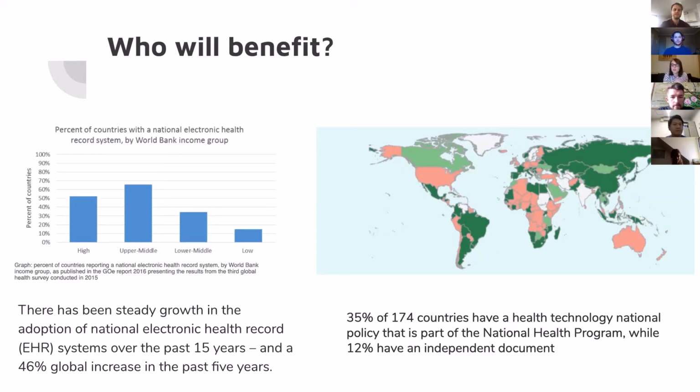And although we don't have very good data over the last few years, we can see that yes, we have seen a growth of electronic health records, but actually they've been sort of staying along those same lines. And again, this is from 2017, this map, but it's just showing 35% of countries that we could get data on had a health technology national policy that's part of the national health program, with another 12% having an independent e-health or health technology strategy. So just showing that exponential growth, and that actually it's found all over the world, although there are obviously some real hot pockets, particularly Estonia, as Priit will come to.